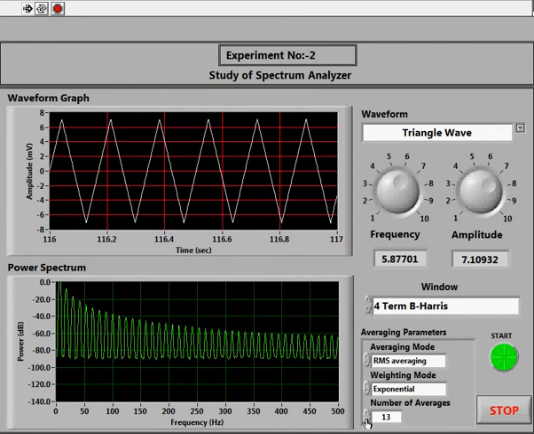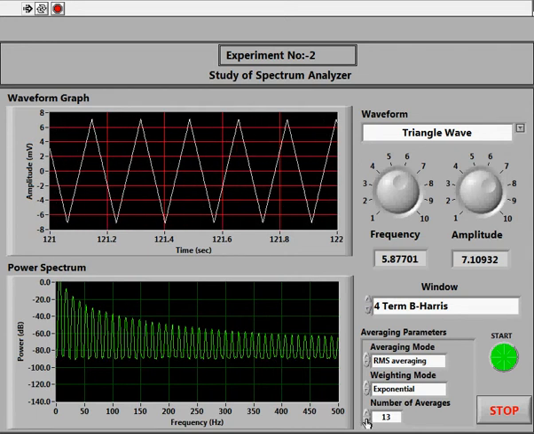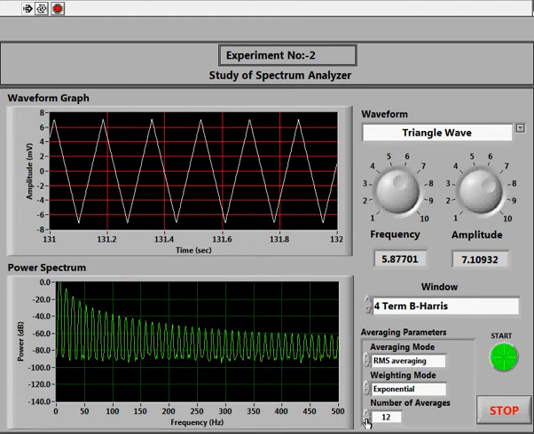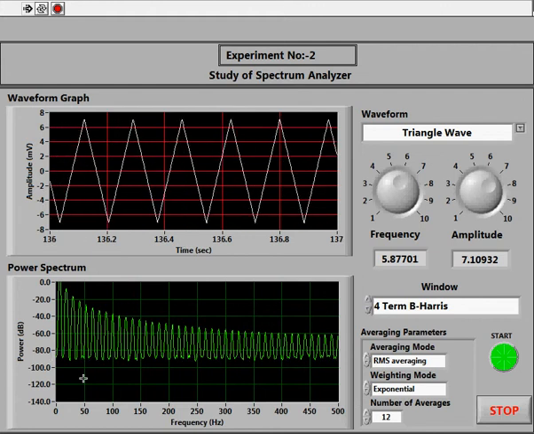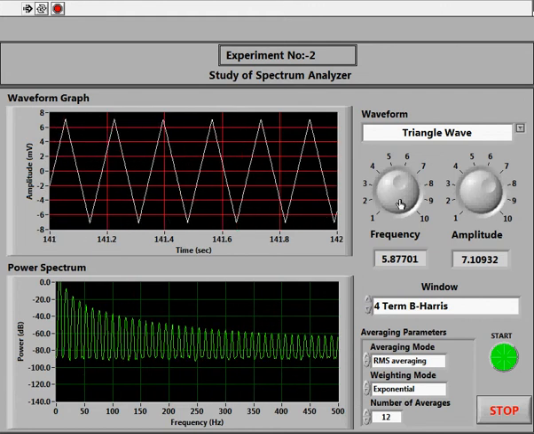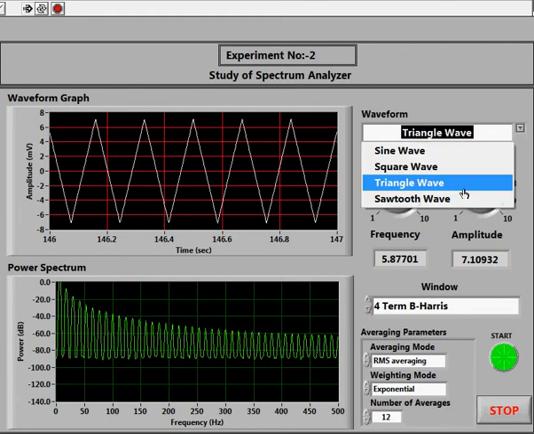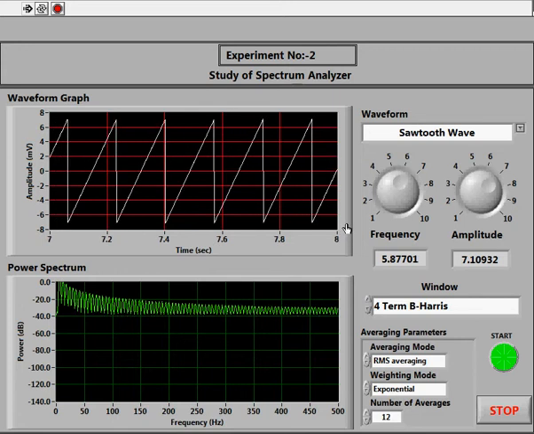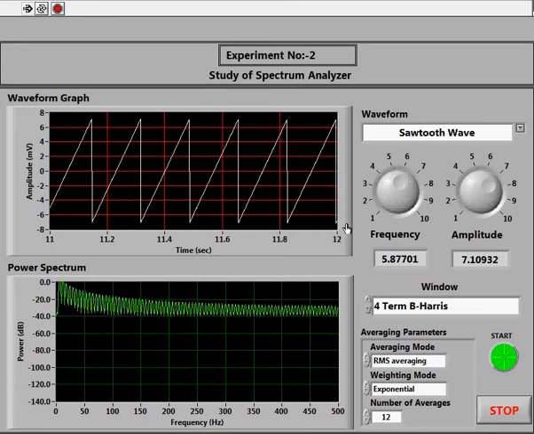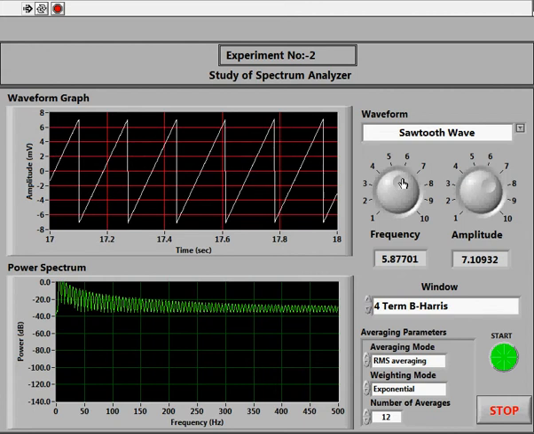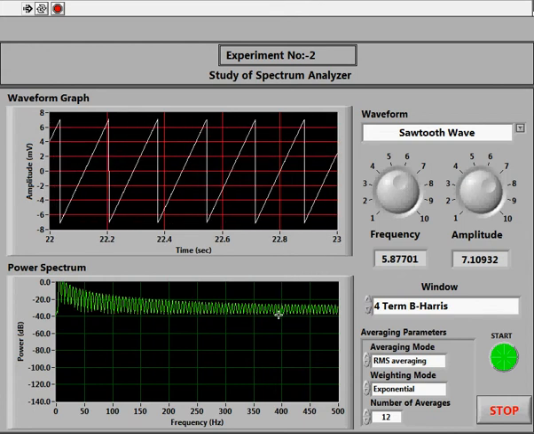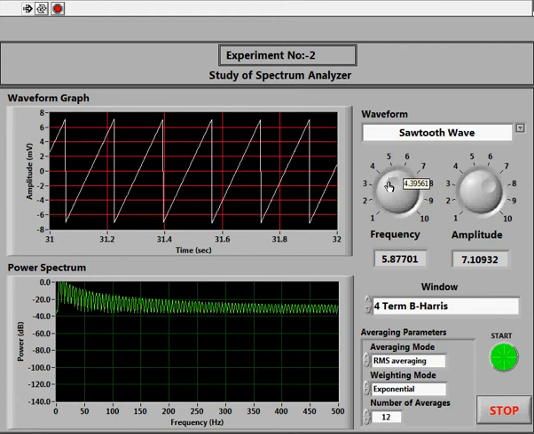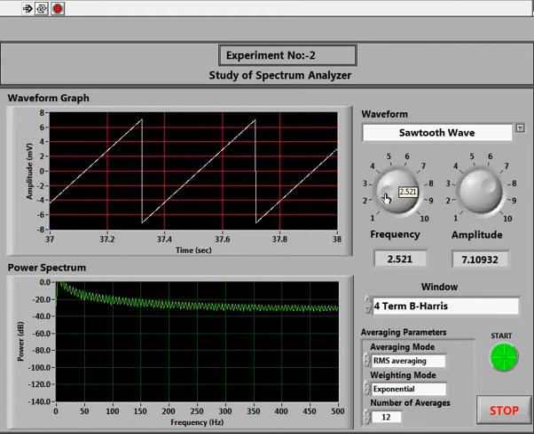Now for the last option, the sawtooth wave, this window again will tell you your chosen wave signal, and according to your input, you will get this power spectrum here. Now again vary the frequency, suppose to 3.6 hertz, or it can be any value depending on your own choice. Now suppose I have taken 5.09 as the frequency, and the amplitude to be 4.5.